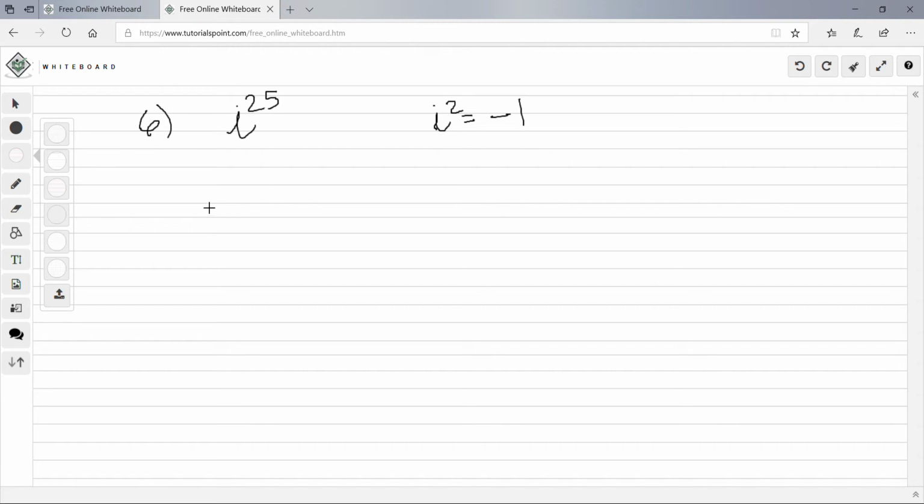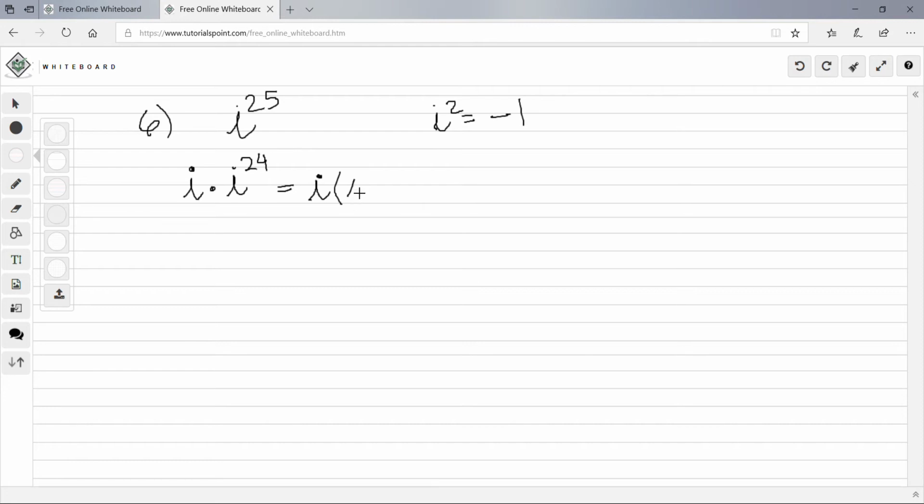We can rewrite it as i times i to the 24th, right? Because when you're multiplying exponents, you're really adding. This has an invisible 1, so 24 plus 1 is 25. And we can also rewrite that as i